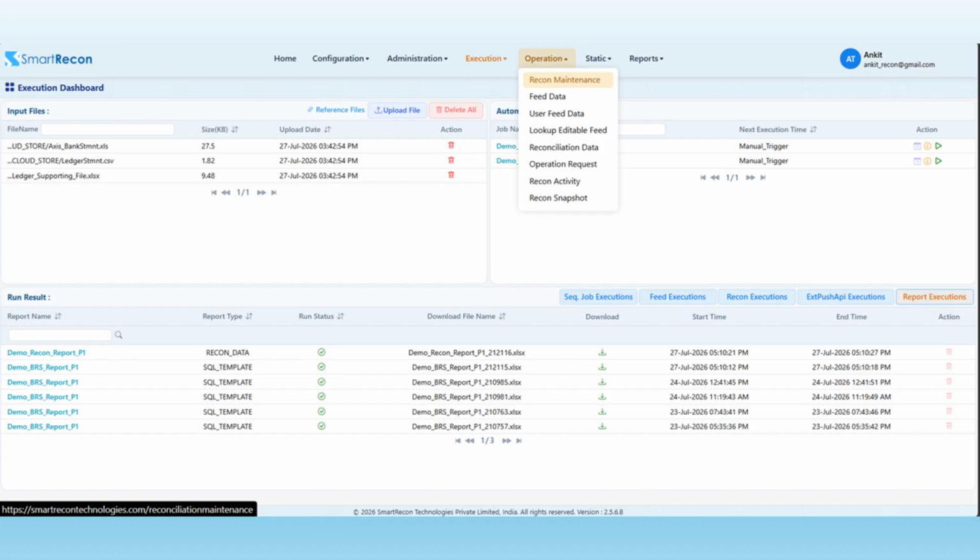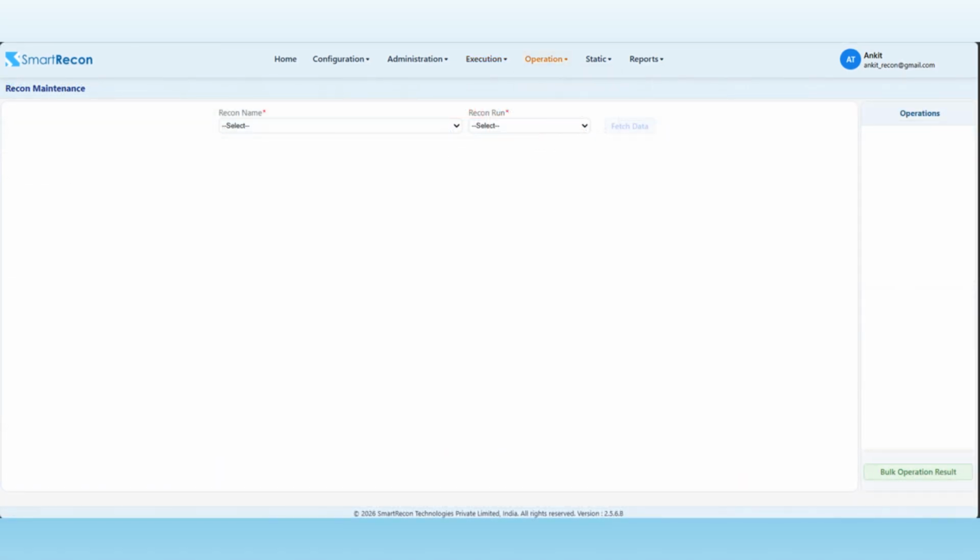Now let's understand how to perform manual match in Smart Recon. Sometimes, even after automated reconciliation, there are transactions that remain unmatched and require manual intervention. To perform a manual match, go to Operations and click on Recon Maintenance. This is where you can view and modify reconciliation results manually. First, select the recon name from the drop-down. Here we have selected